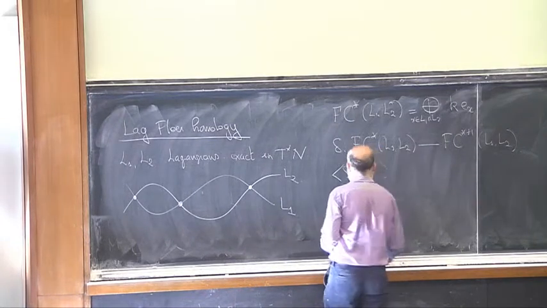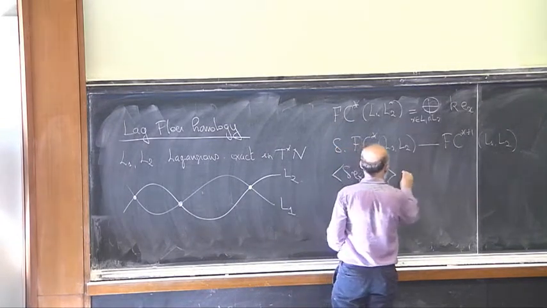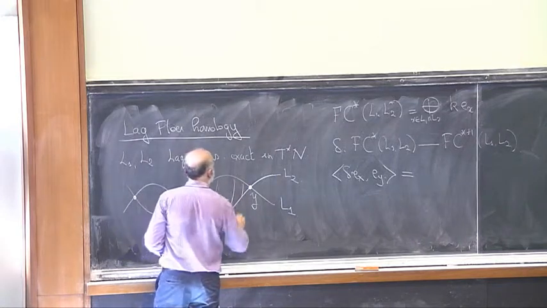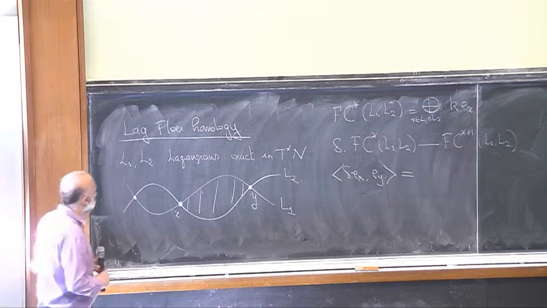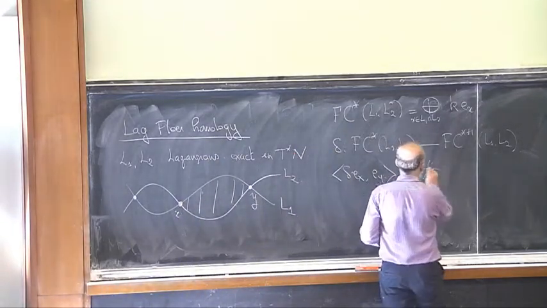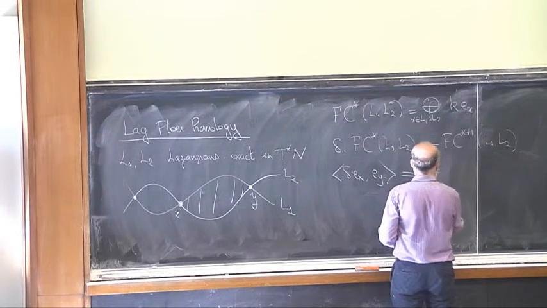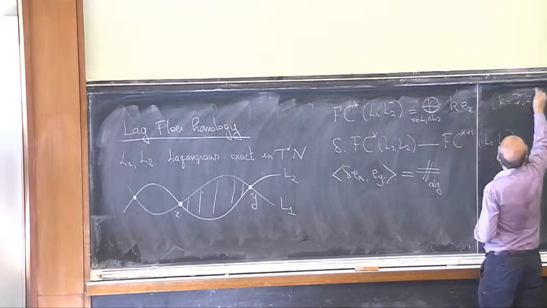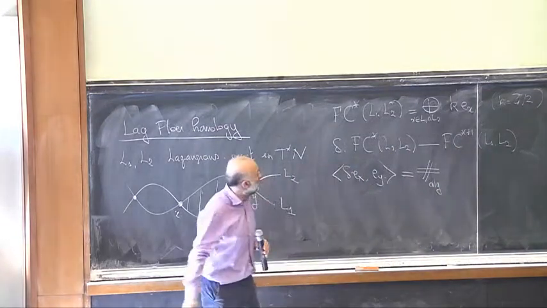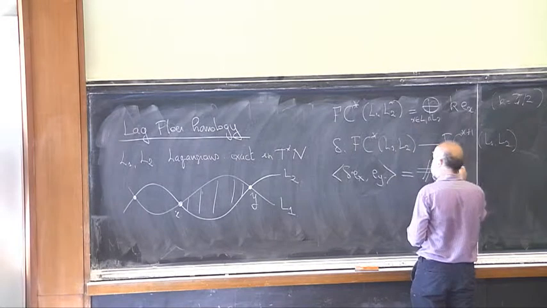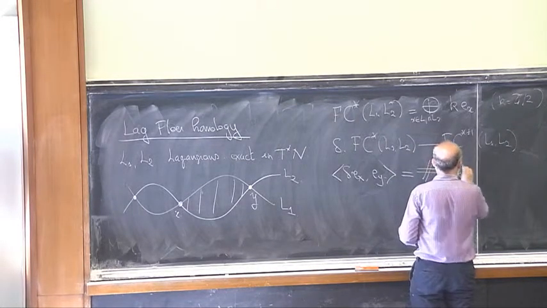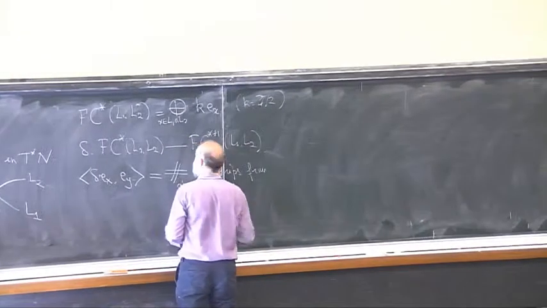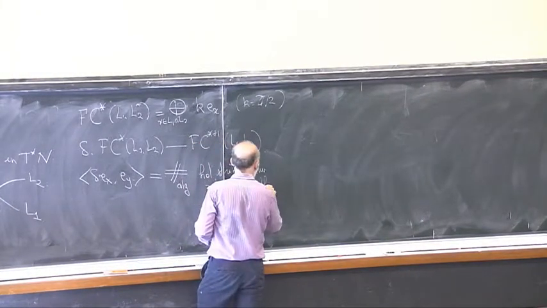Well, let's say I have a point x here, I have a point y here, and I'm going to count the number of holomorphic strips from x to y. So I write algebraic. So the best thing is actually to take K to be Z over 2. Then you don't have to count with signs in this case. Otherwise, you have to count with sign. But the algebraic number of holomorphic strips from x to y with boundary